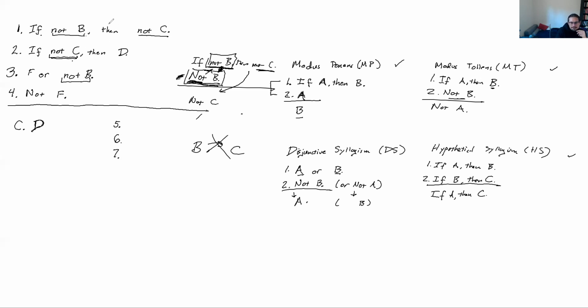If not B, then not C. If not C, then D. This has the same form as hypothetical syllogism, which allows us to take the first antecedent and the second consequent and put them all together in a single conditional. So we can do that here to get: if not B, then